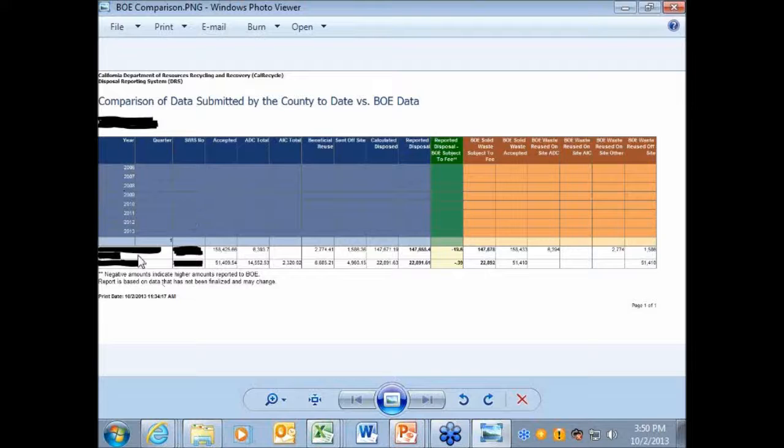In this case, you'll notice that it has the facility names, SWIS numbers, the accepted tons, all the different ADCs, AICs, beneficial reuse, sent off-site for recycling, what was calculated as the disposal versus what was actually reported in that Excel sheet or the line items. Then it has a green box. That green box is the difference from what was reported to the Board of Equalization. And then to the right of that, you'll see what was reported to the Board of Equalization: again, how much was actually disposed, how much was actually accepted, beneficial reuse, AIC, ADC,